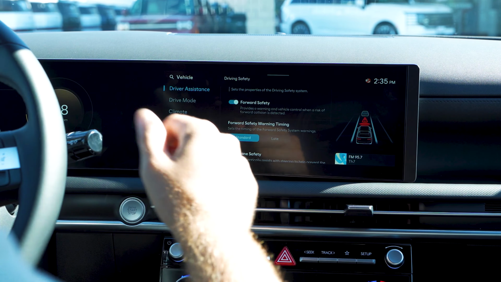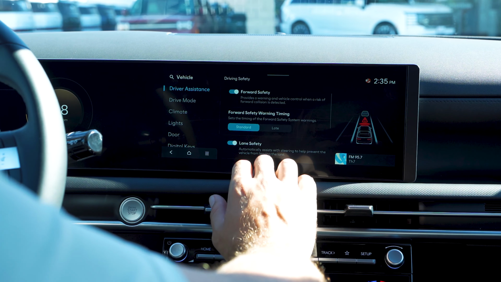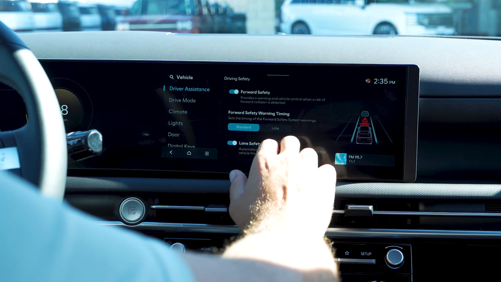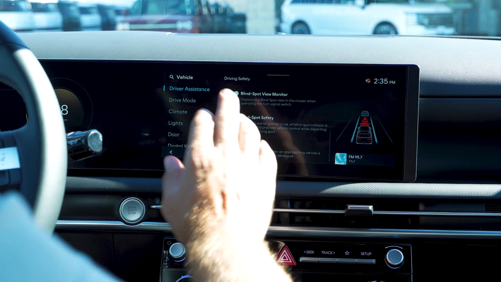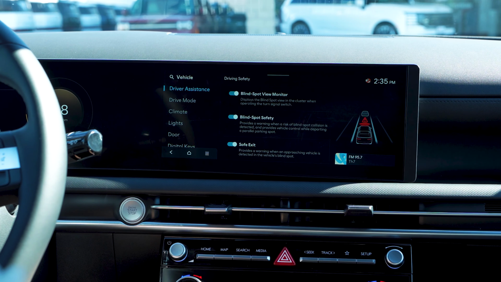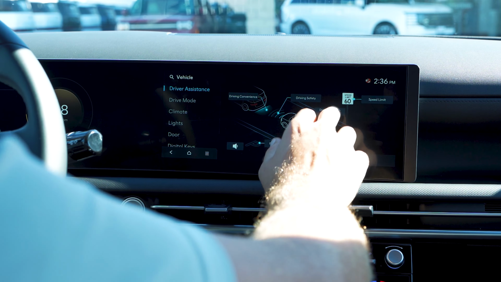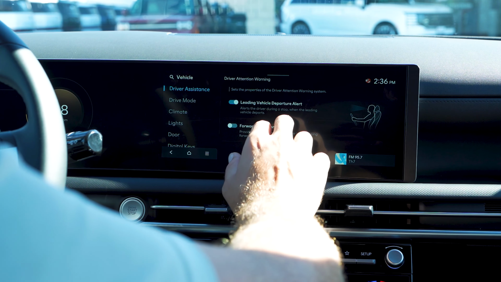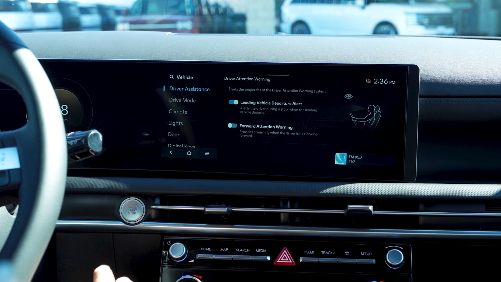If you're getting too close to the car in front of you, there's Forward Safety Warning Time, so you can set it either quicker or later. And Lane Safety, Blind Spot View Monitors, Blind Spot Safety, Safe Exit. So if a pedestrian is coming down or a biker is coming down, then for Driving Attention Warning, you put the Leading Vehicle Departure Alert, Forward Attention Alert,